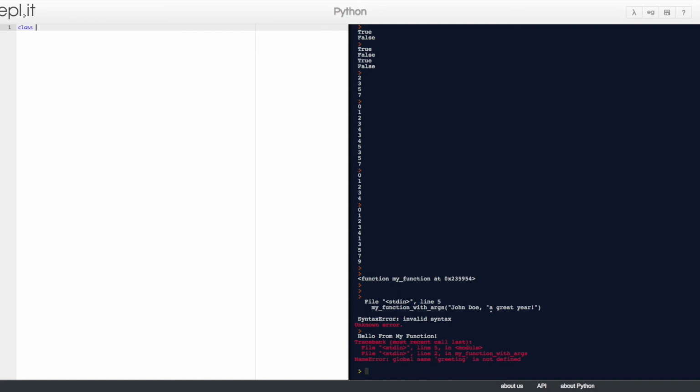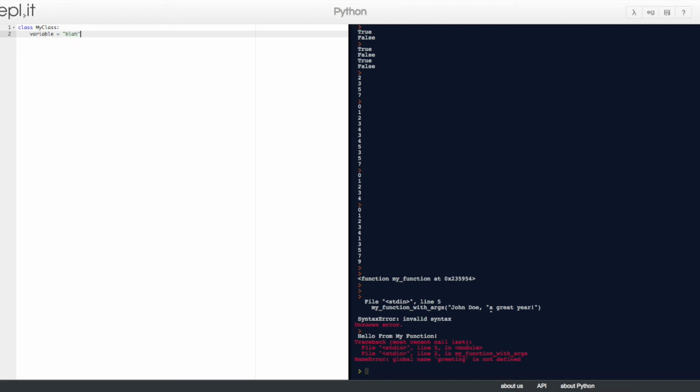So class, my class. Before we would put def and the name of your function. In this case, class and the name of your class, colon. The next line is indented. We're going to say that variable equals blah.